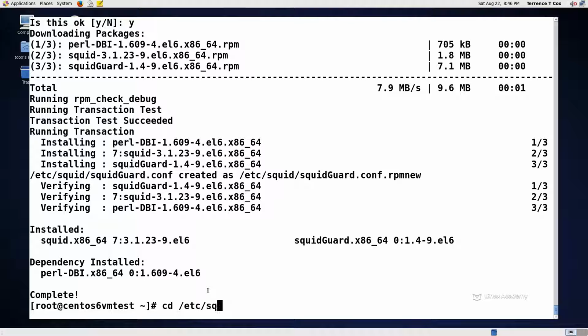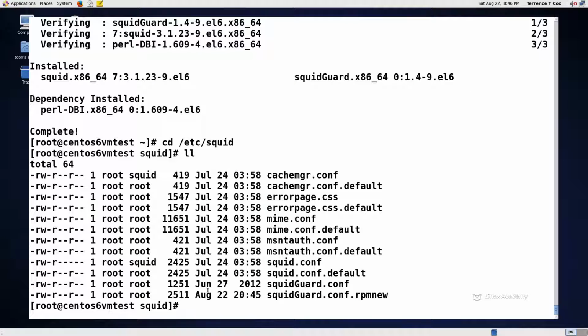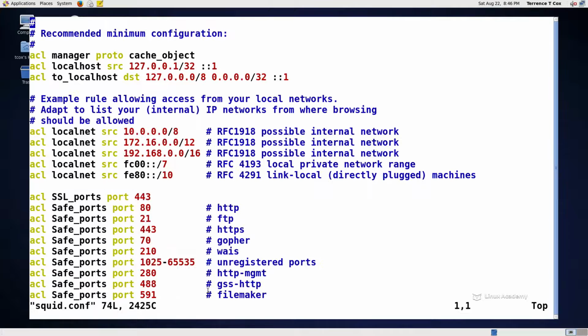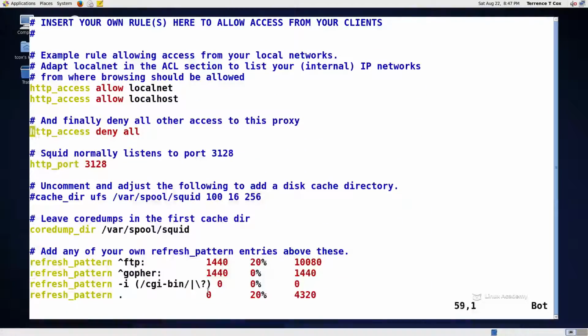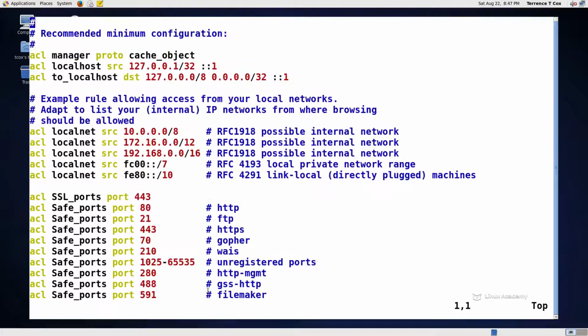If we go to the etc squid directory, we'll see we have a number of things in here, but what we're interested in is the squid.conf file. So if we edit the squid.conf file, we'll see there's a whole bunch of stuff in here, including a whole bunch of commentary. So what we're going to go ahead and do is